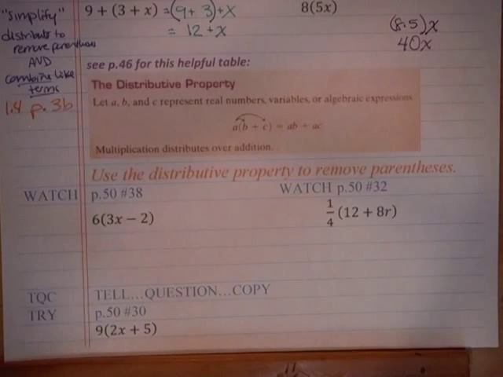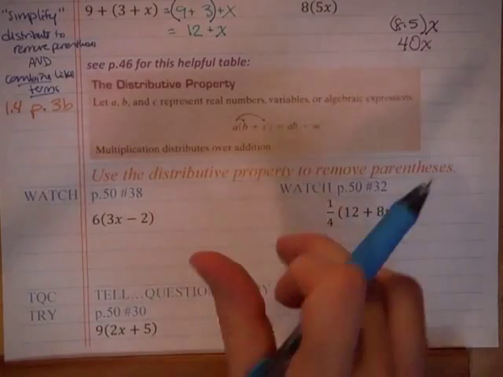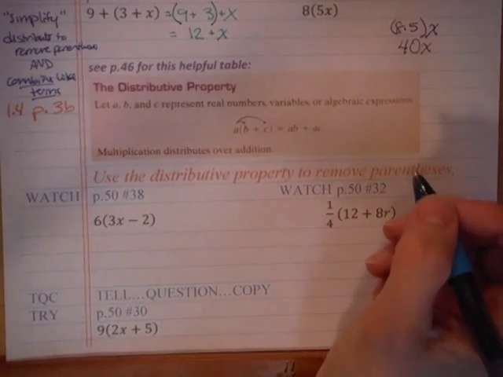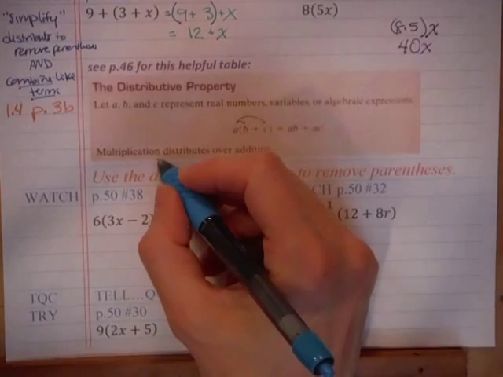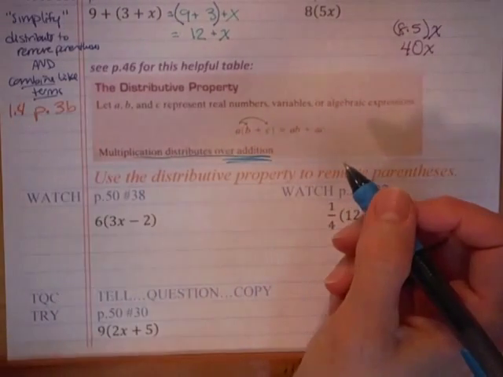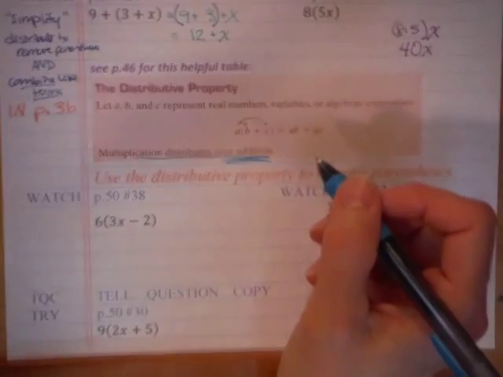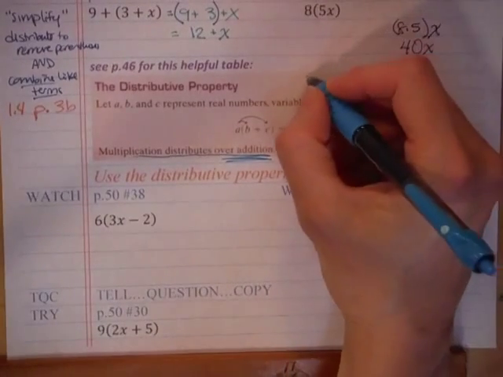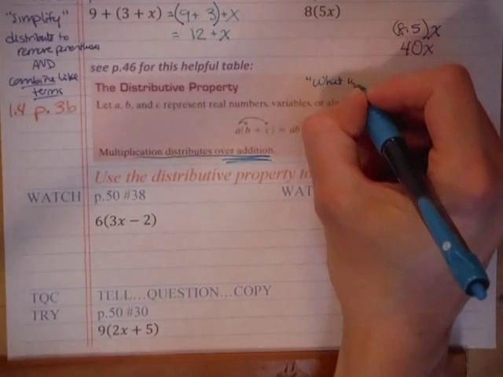As soon as they see a number in front of parentheses, they just take that and multiply it by everything. But one thing you want to get straight in your head is that multiplication distributes over addition, okay? Now, why is that? It's not because some committee voted and decided. It's because what works with algebra